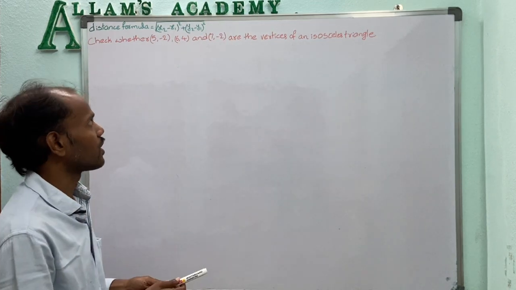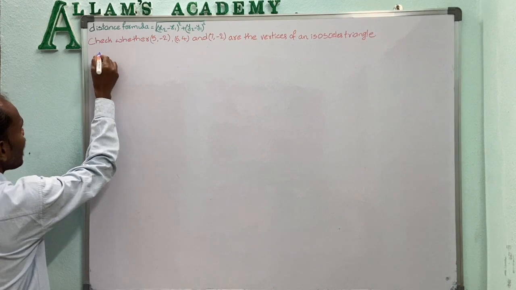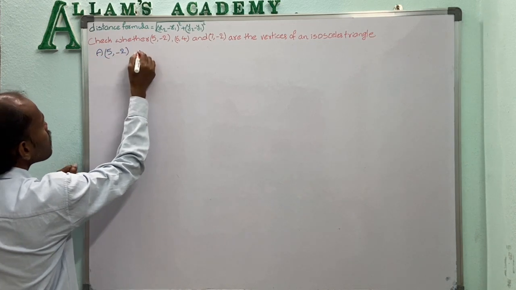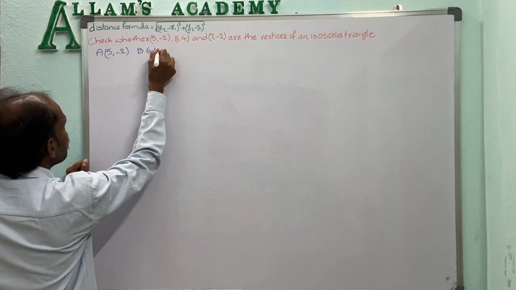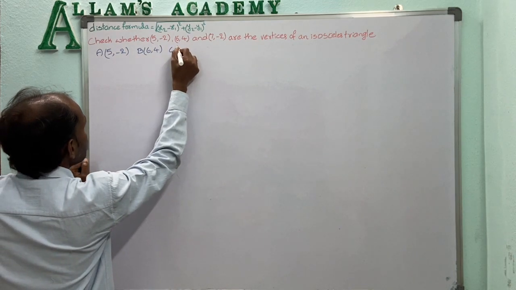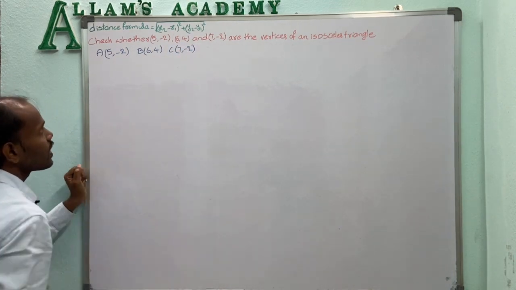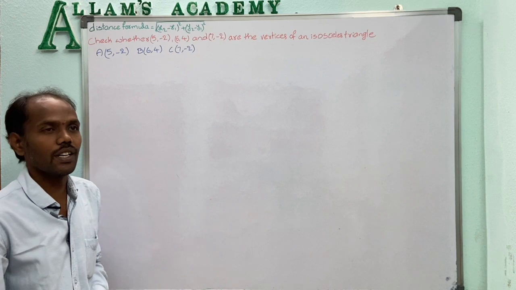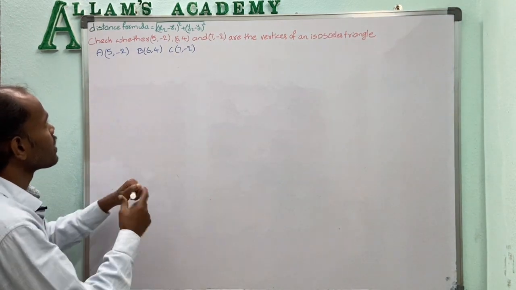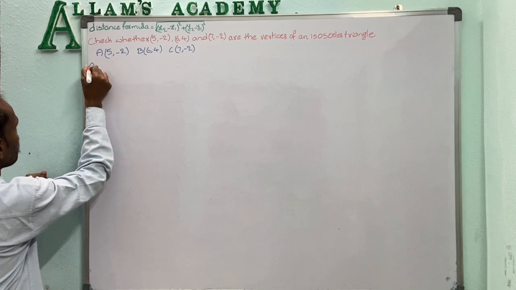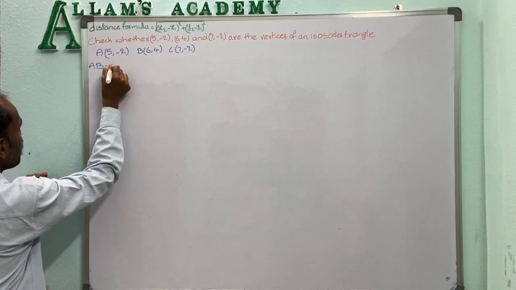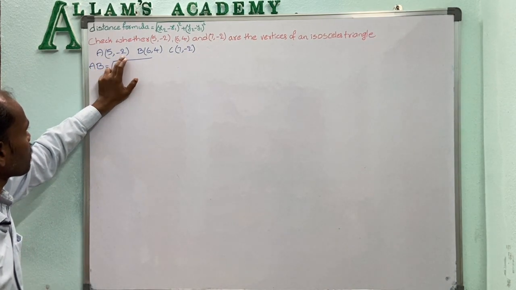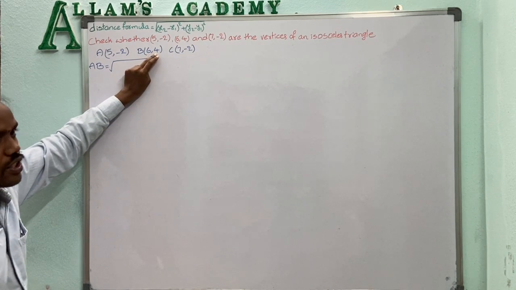will be equal. So here the points will be taken as A(5, -2), B(6, 4) and C(7, -2). Now the distance between two points is the square root of (x2 minus x1) whole square plus (y2 minus y1) whole square. Now using this principle, we solve the distance for every two points. First finding the length of AB. Here point A(5, -2) will be taken as x1, y1 and point B will be taken as x2, y2.